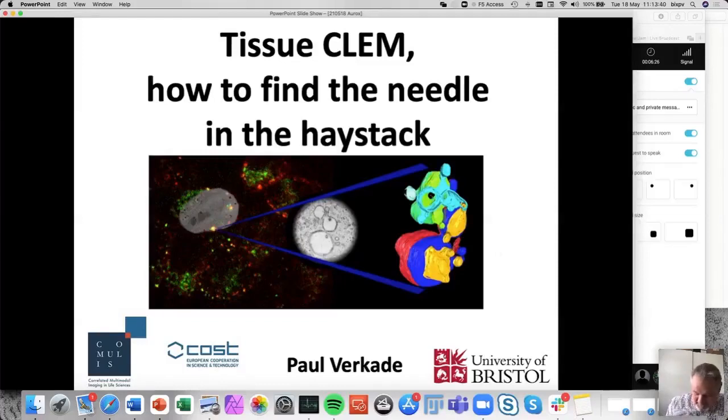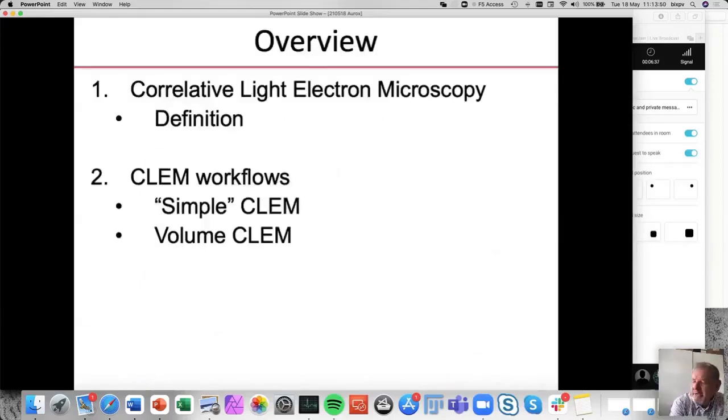So I'll be talking about correlative light electron microscopy, and I'll take you a bit deeper into tissue CLEM. First of all, I'll talk about CLEM, correlative light electron microscopy. What do we mean by that? And then I'm going to show you one workflow which I've tentatively called simple CLEM. It's not that simple, but it's on a 2D cell culture, which makes life much easier. And then I'll explain how we have tackled the problem of going into a tissue and finding back structures inside